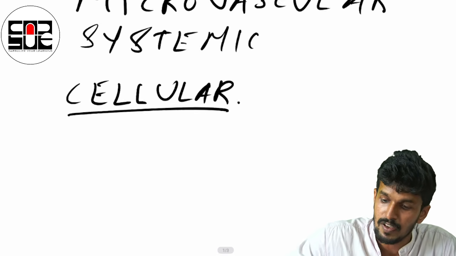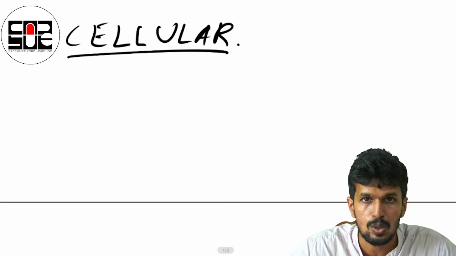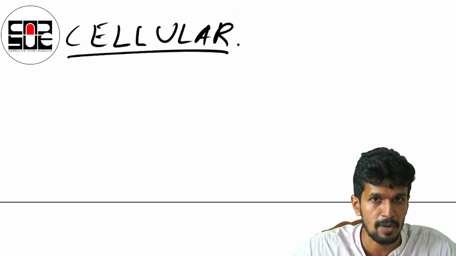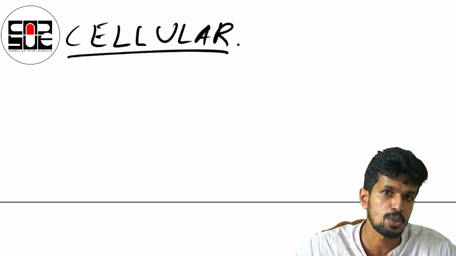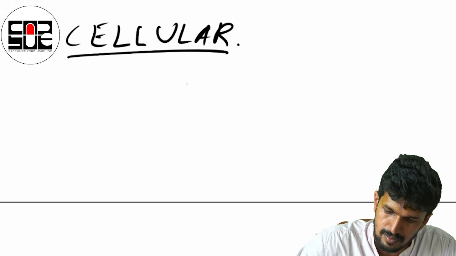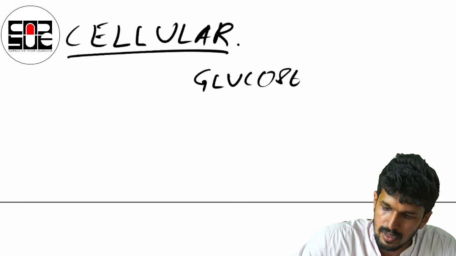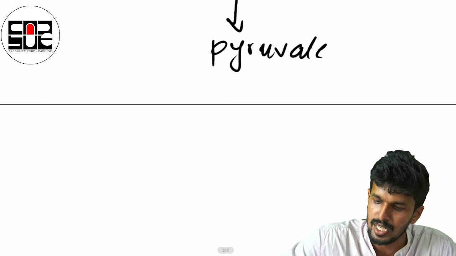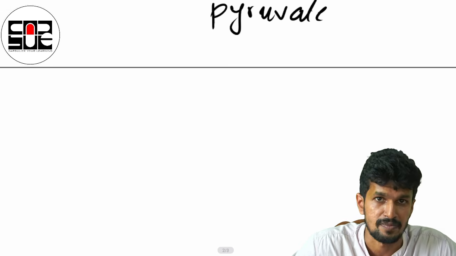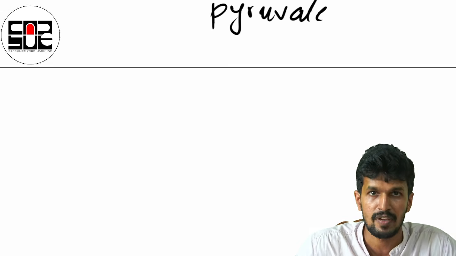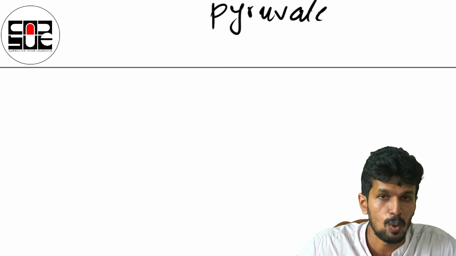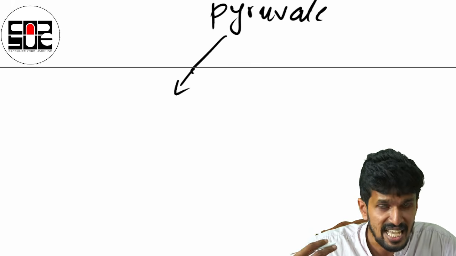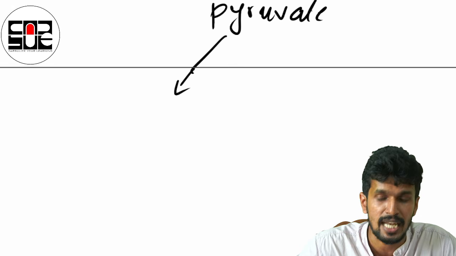As we have learned in basic biochemistry, glucose is utilized in the cell and converted to pyruvate by the glycolytic pathway. After that, it is taken up into aerobic or anaerobic respiration. In a state of decreased perfusion, that is tissue hypoperfusion, where the oxygen supply is hindered, the pyruvate enters the anaerobic pathway, so it gets converted into lactate.